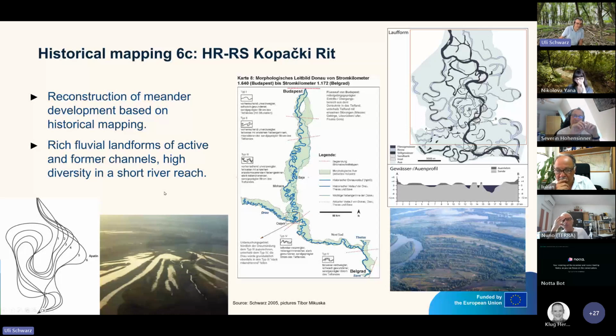In my PhD, I did some analysis regarding the reconstruction of the development of meanders and also the so-called sectioning of the river. And you can see that the river was really purely meandering with a very, very high sinuosity. Same also for the Drava, for the lower Drava. And if you do not have enough systematic historical maps in front of you, it is also possible